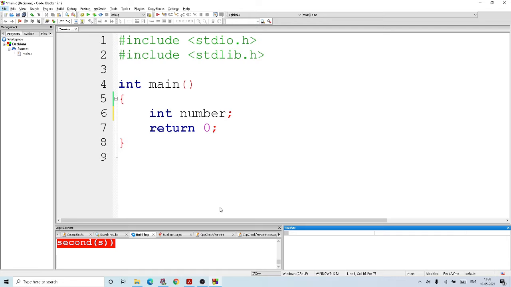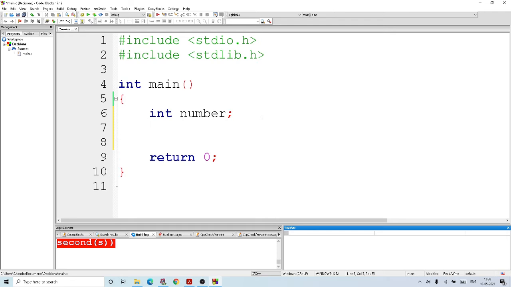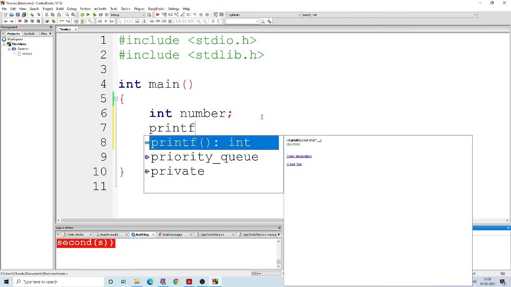Now, let us see what is an if statement in C language. We will do this by an example. We are asking the user to enter a number and we are going to check if the number is less than 10 and execute some statements. First we have declared a number. Now we are asking the user to enter the number.